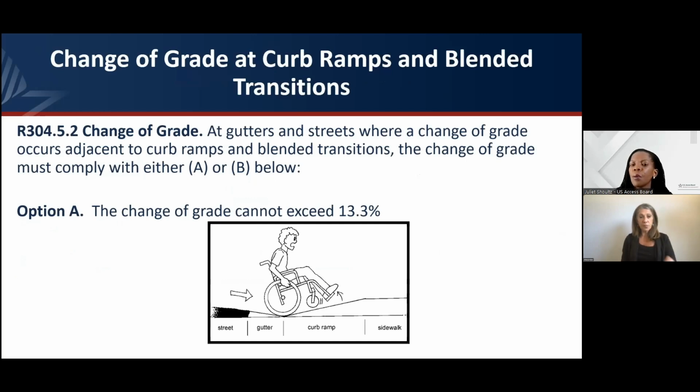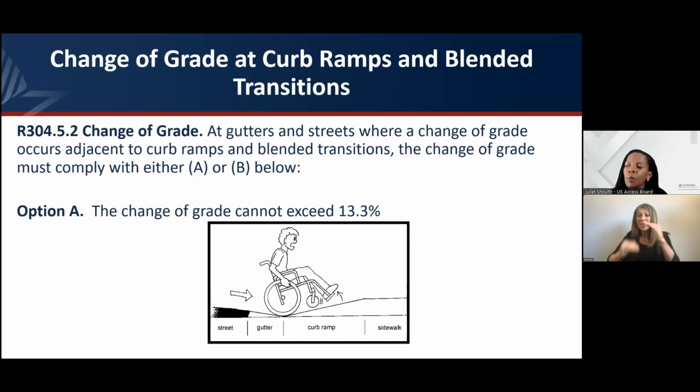The change of grade requirement is more clearly articulated in the final rule. And on the slide, you may have seen this illustration in previous trainings on the NPRM. It shows the difficulty a person using a manual wheelchair specifically may have when they're traversing adjacent steep grades. And so in previous trainings, you've probably heard us explain that if you have a curb ramp that is at